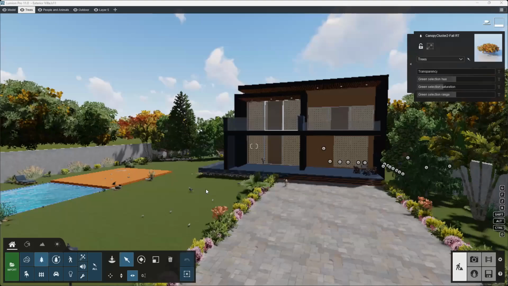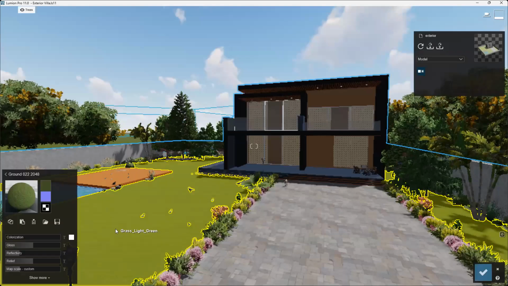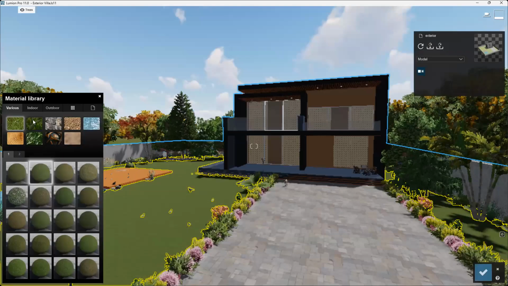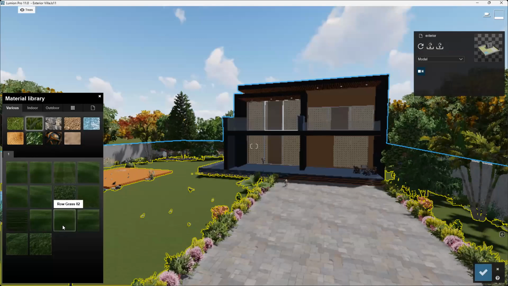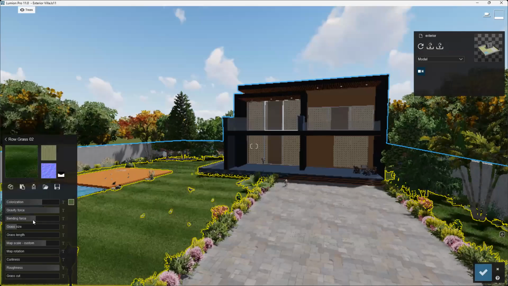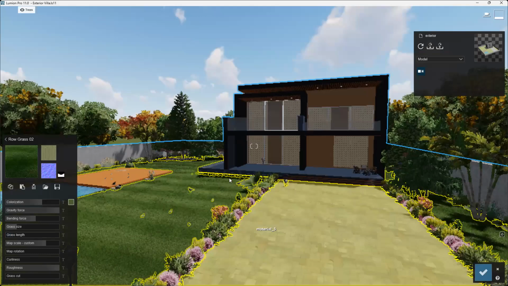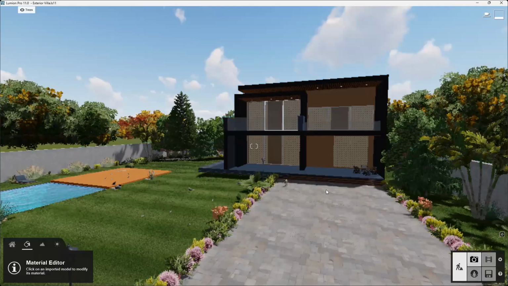Now, as the final step, as I told you before, we shall add the 3D grass. So let's go to the material and select the grass. Now we shall go to 3D grass, which is over here, and select one of the grasses present here. Also guys, you can increase the grass size and length if you want to. But if you increase the length, just notice that it might hide the pavements and other stuff on your way. Now, if everything is done, you shall go to your photo,